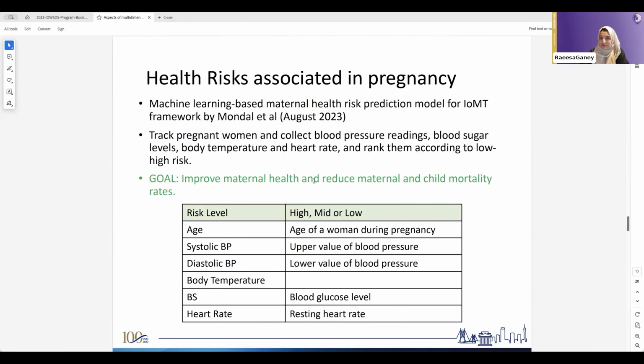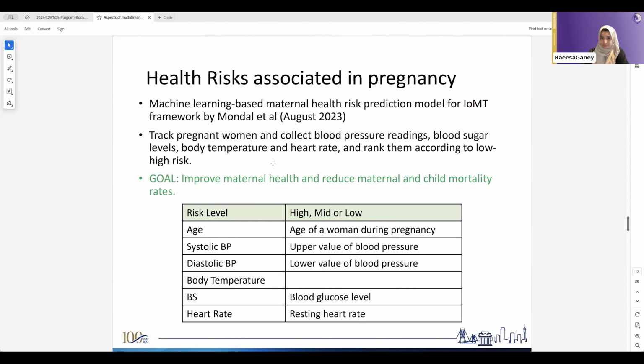So I decided that since this is a women's conference, I'd try and look for an interesting example online. And I was lucky to find this paper that was recently published in August 2023, which is looking at the health risk associated with pregnancy. These authors wrote on machine learning based maternal health risk prediction, a model for the Internet of Machine Learning framework. And what they did is they tracked women and collected a whole lot